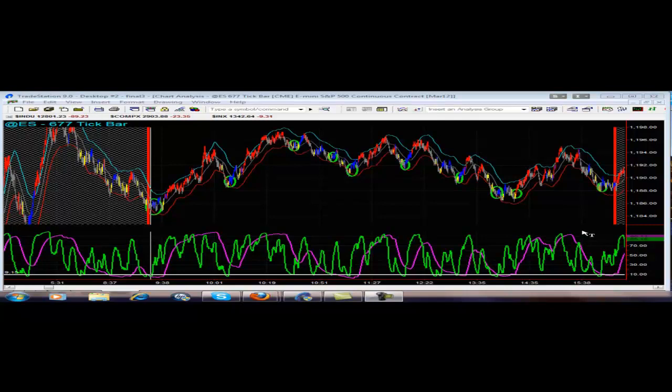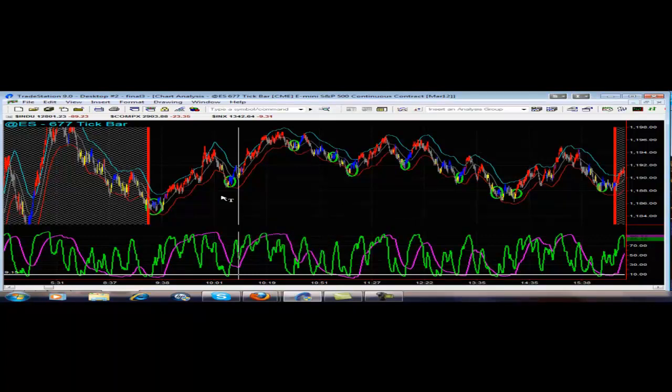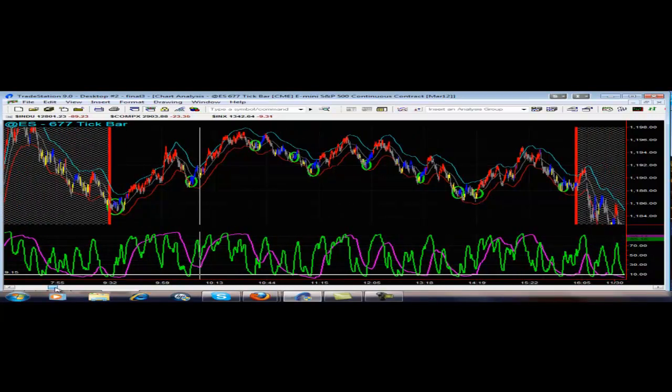Our ES chart that we have in front of us now is one full day of trading for yesterday. The date is on the screen. We have November 29th, 2011. And our box on the left is overnight trading, and the box on the right is the end of trading at 4 o'clock. We're going to go over our trades as per our trading rules that we use on our